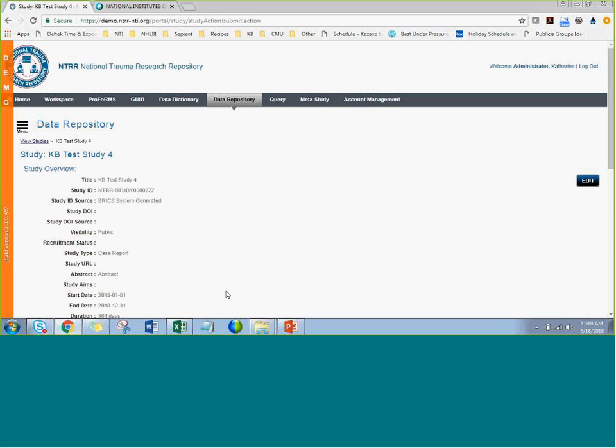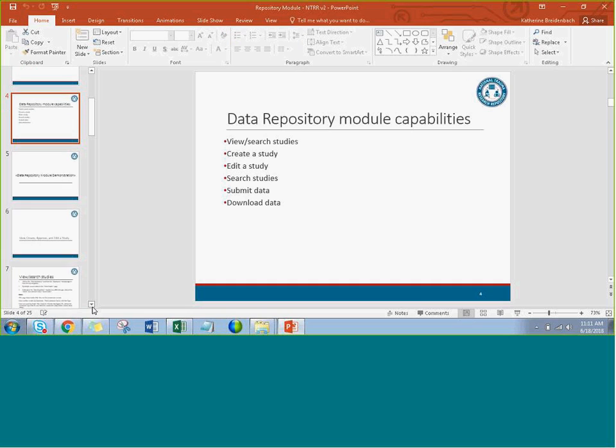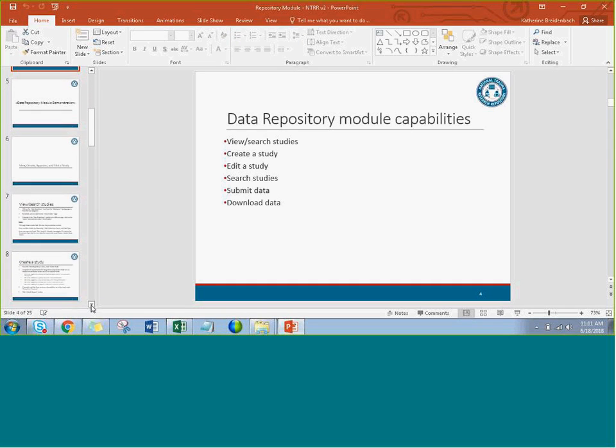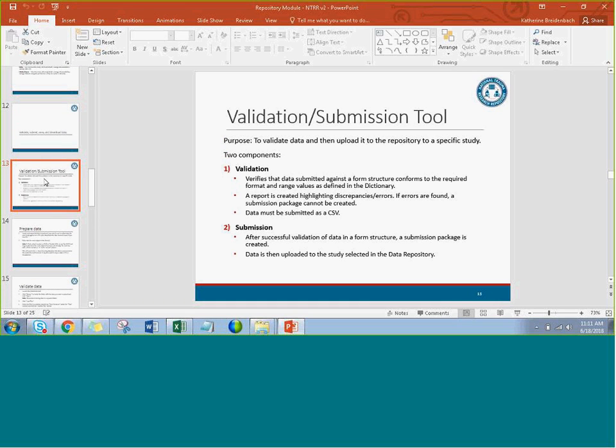Now that we have a study, let's go ahead and add some data to it. The purpose of the validation and submission tool is to validate data and then upload it to a specific study in the repository. There are components: validation, which verifies that data submitted against a form structure conforms to the required